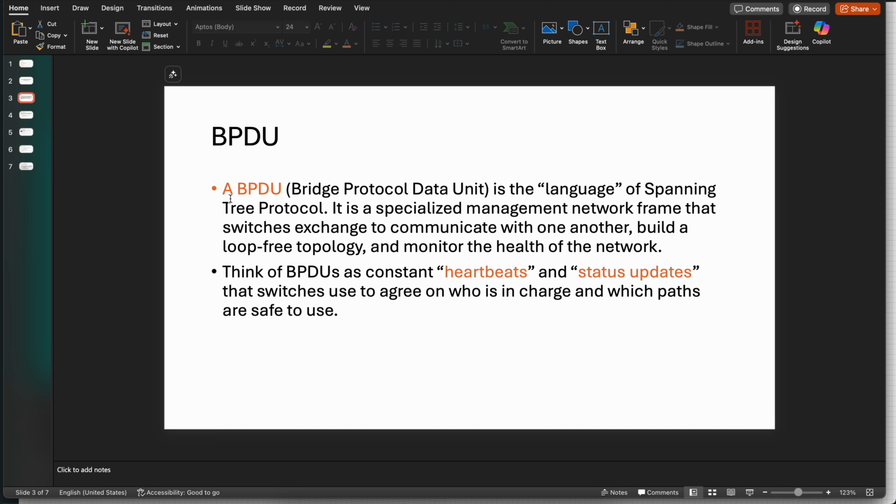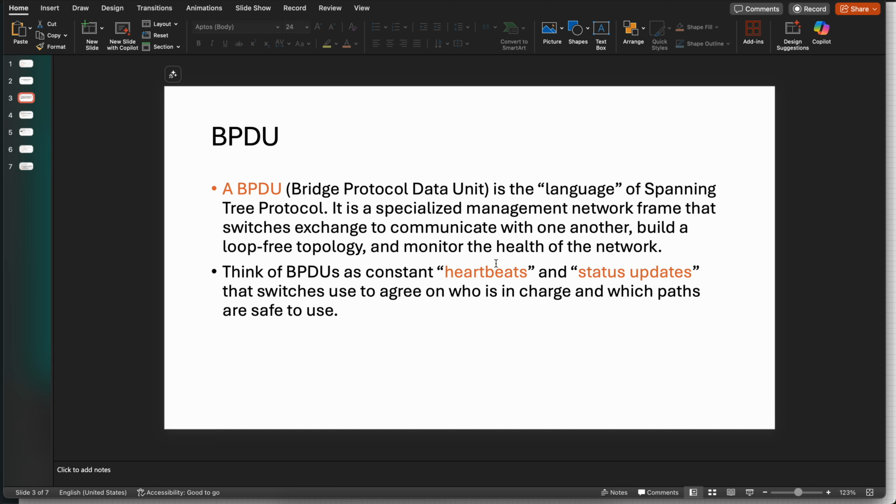The switches communicate to one another when it comes to spanning tree, and the BPDU is the language of that communication. Think of it like a letter they send to one another, and inside that letter is a bunch of parameters that tell the other switches